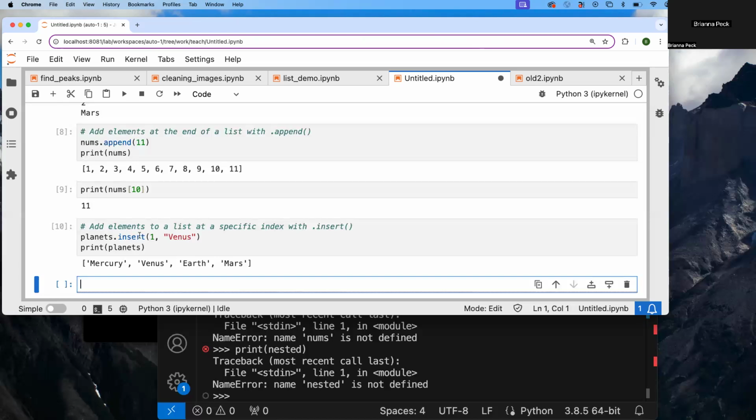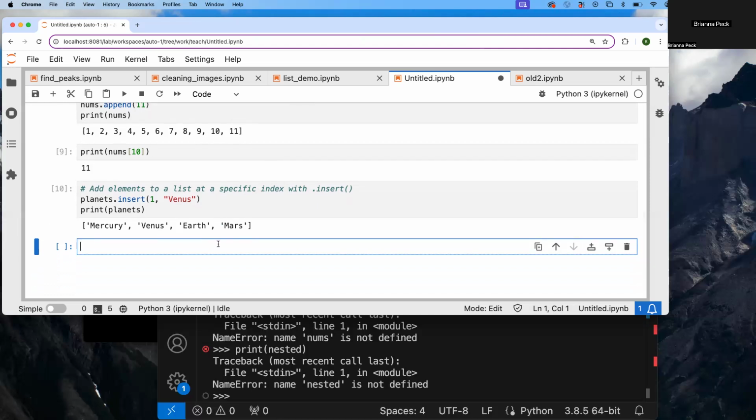Okay, I'm going to keep going. All right, so now we know how to make lists. We know that we can make lists with different combinations of variables or data types inside of them. Now what we can do is modify at specific locations. So to do that,